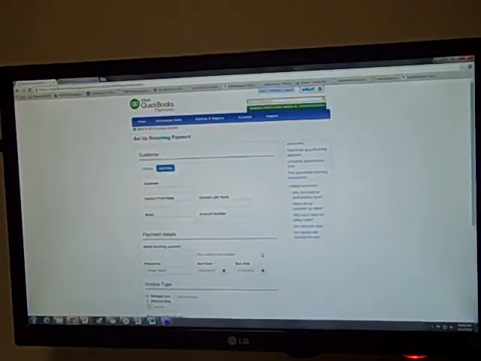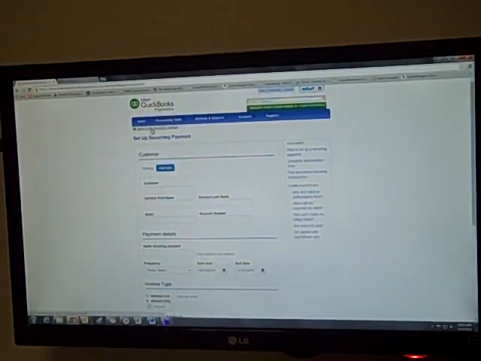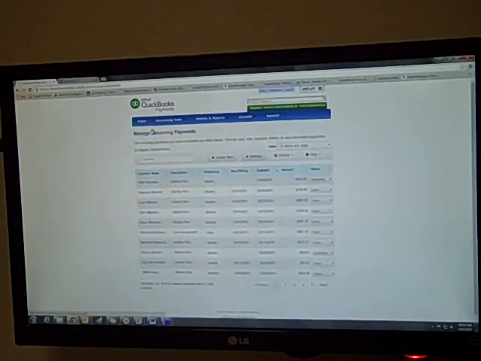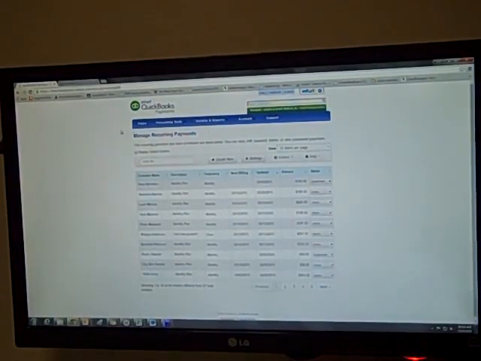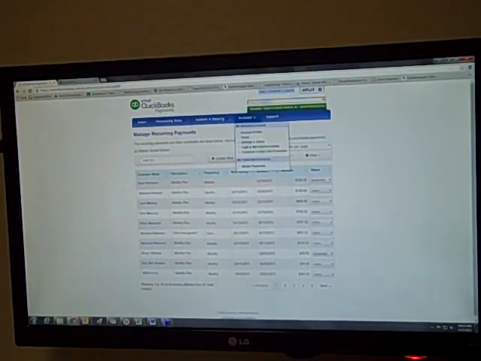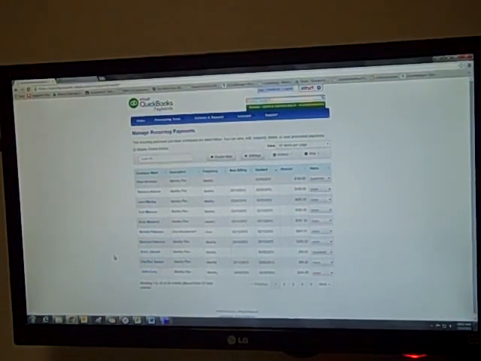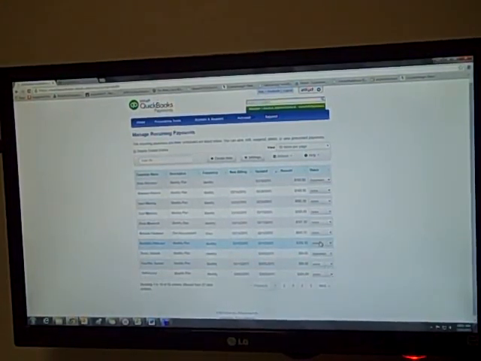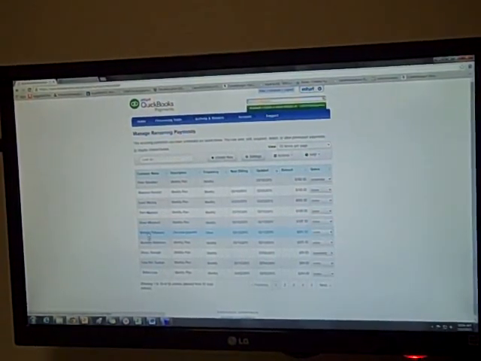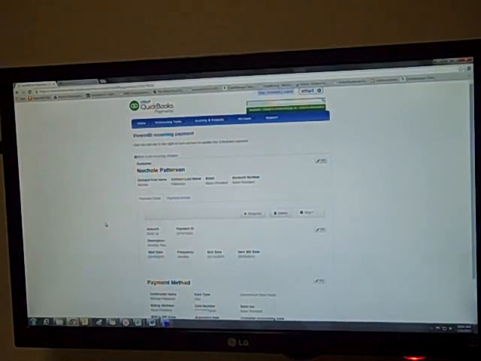If you want to make sure that this was saved, you go up on the top where it says back to all recurring charges. You click on that, and you're now in manage recurring payments. This is where we have all of our patients who are on the monthly EFT, and we have a status here, whether the patient is active or whether the patient is suspended. And here's where you do any changes to that account. For instance, if you need to change the patient's next billing date, if you need to update the patient's credit card information, if you need to delete the patient, you do everything here in this